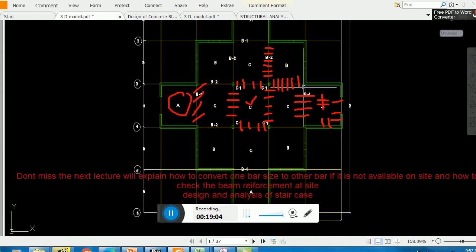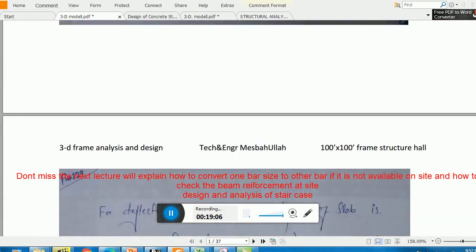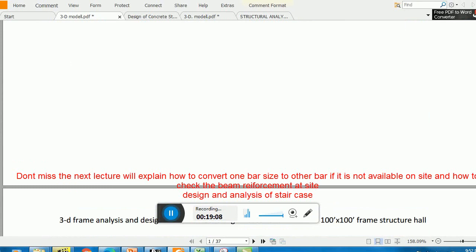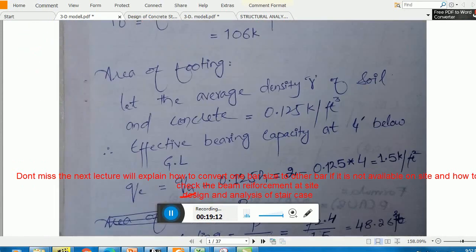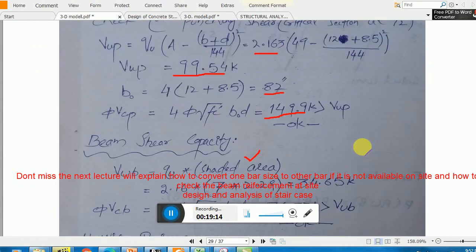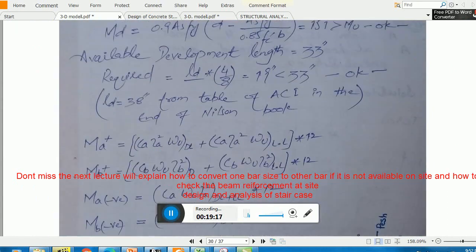I think this ends here, you got a lot of information regarding these topics, and in the coming lecture inshallah I will try my best to cover the design of staircases. Okay,